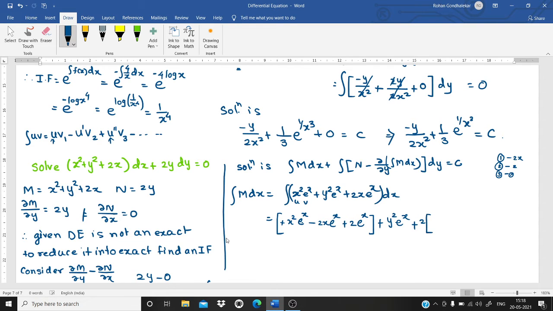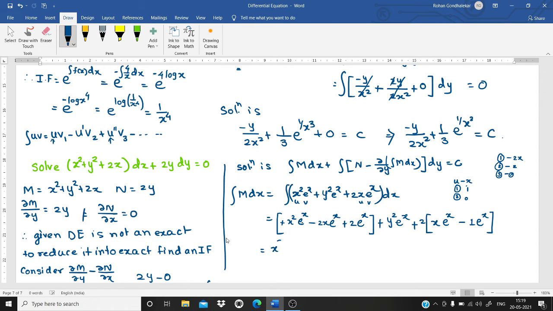Again we can follow the integration by parts. Here again the u is a function x and v is a function e raised to x, because u is x whose first order derivative is 1, and the second order derivative vanishes. So in the first term, the u as it is, that is x as it is, and in the second term, the derivative of x is 1. Fine. In the first term, integration of e raised to x is e raised to x. In the second term, integration of e raised to x is e raised to x.